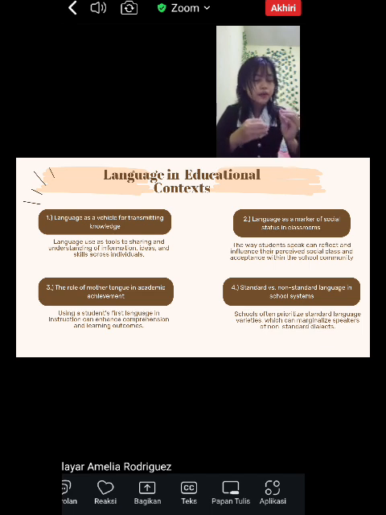On the next, schools often promote standard language varieties. This can marginalize a student who uses a non-standard dialect, making them feel left out or less competent in the academic field. For example, a student who has a very thick Scottish accent, in a classroom where the teacher requires the student to speak standard English,